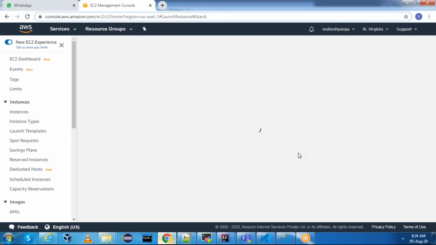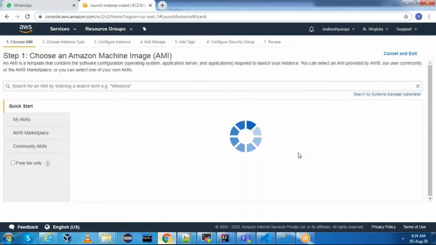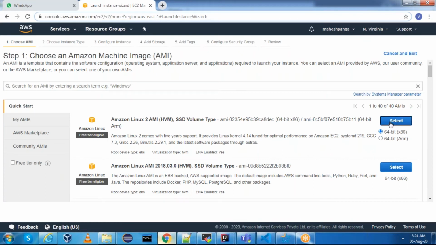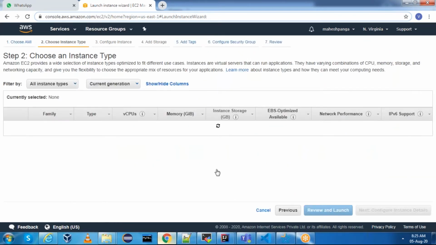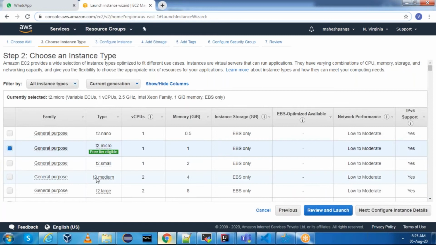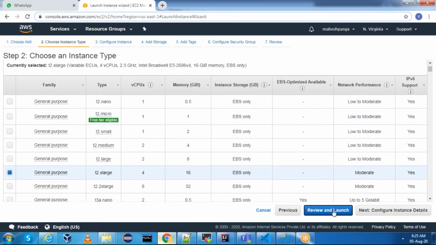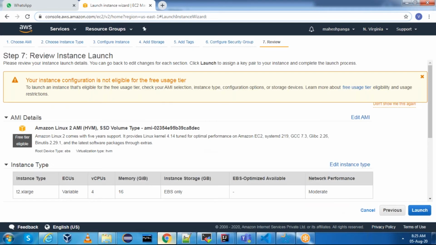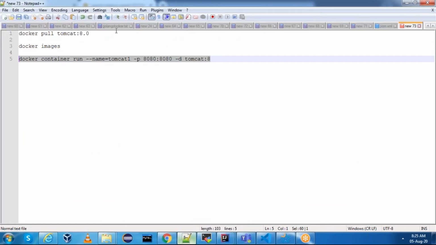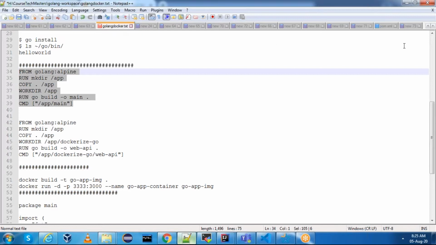Launch instance. I'm going to create an Amazon Linux 2 instance and we'll do the steps one by one. Amazon Linux AMI. I'm taking T2.xlarge, 4 CPUs and 16 GB memory. You can take less than that also.